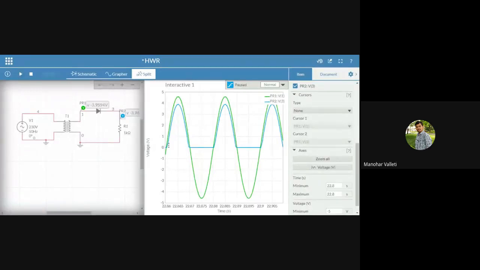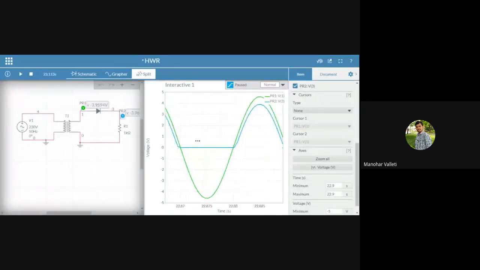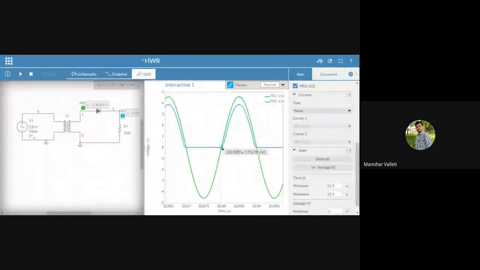Now you just observe here, the input waveform is here in red color, and see the output waveform. There will always be a diode drop. And if you see the precision rectifier output, this diode drop will be eliminated if you use a diode with an op amp. That diode drop will be eliminated. So this is about the precision half wave rectifier.